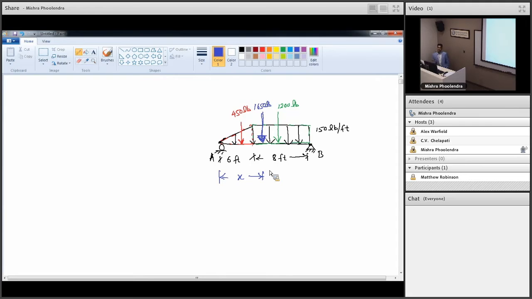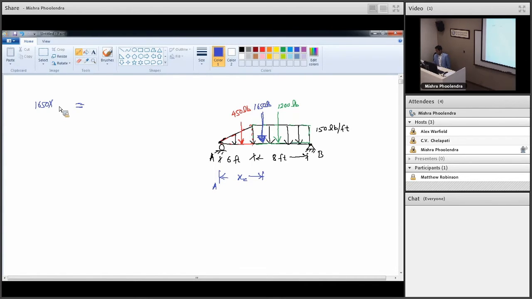In fact, that 1650 is going to act at the centroid of the distributed load diagram that we have. So this thing that we are trying to find out is nothing but the centroid. The new force is going to act at the centroid of these individual forces. Now we can see the use of the centroid concept here. How would we get the XC if we wanted to? You will simply take the moment about, for example, point A. As we discussed, the definition of the centroid is the moment of the resultant, meaning in this case